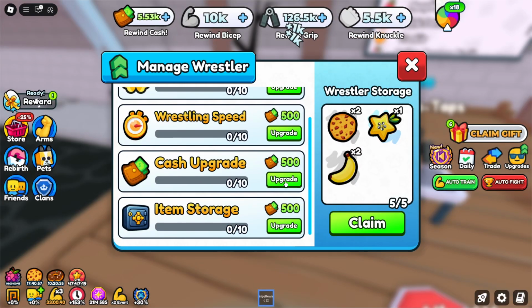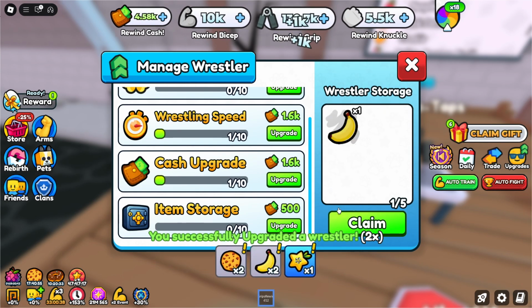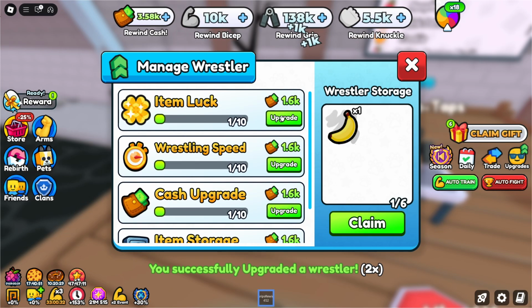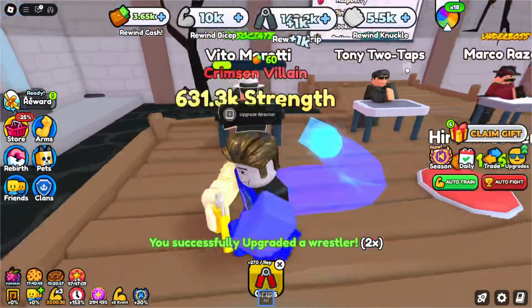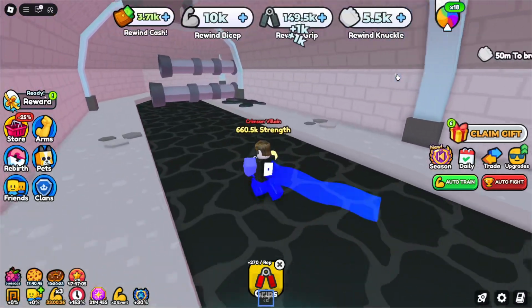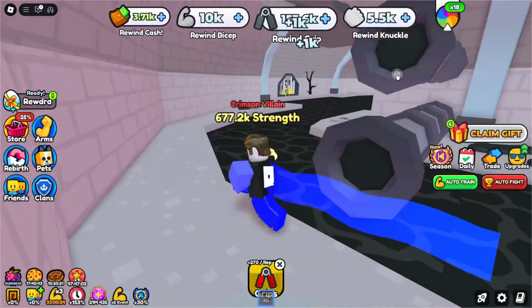So let's actually upgrade some of our things. So we've got wrestling speed, item storage, item luck. Alright, so we can upgrade quite a lot of stuff. So now we get 60 every single time he beats him. So let's go around, there